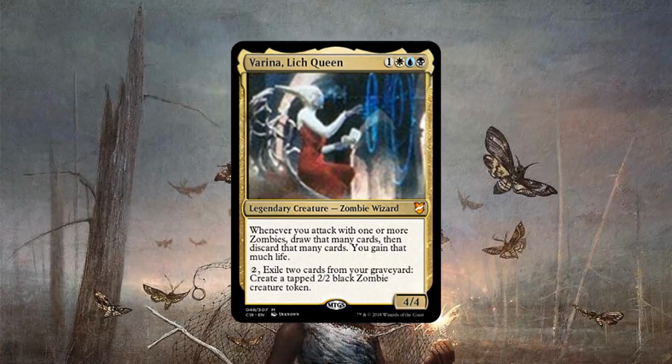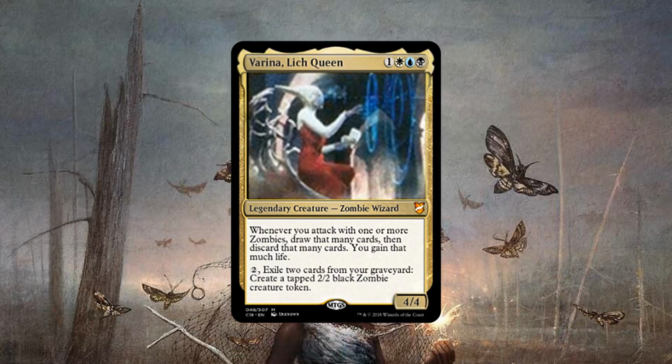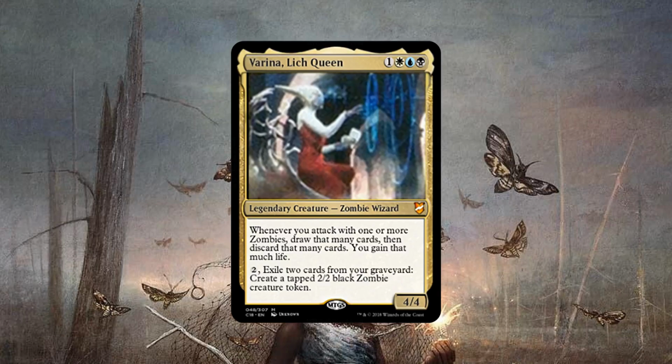We also got Verena, Lich Queen, and Verena's kind of interesting. So Verena is 4 mana, you get a 4/4, it's a legendary zombie wizard, and whenever you attack with 1 or more zombies, you draw that many cards and discard that many cards. You also gain that much life. So if you attack with 3 zombies, you draw 3, discard 3, gain 3,